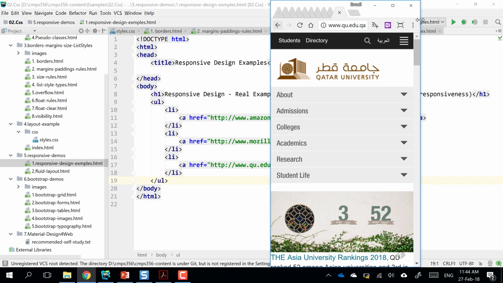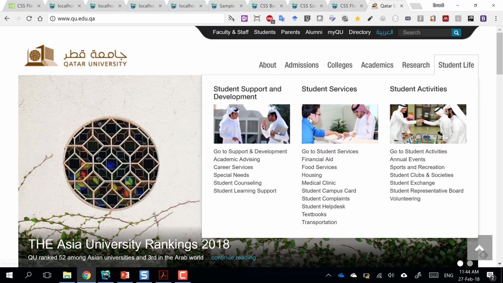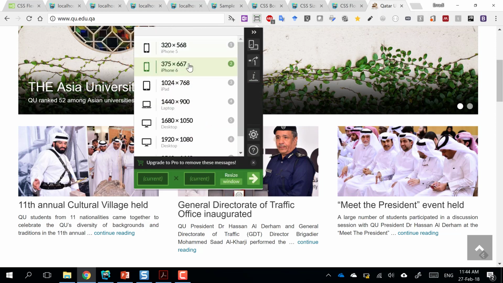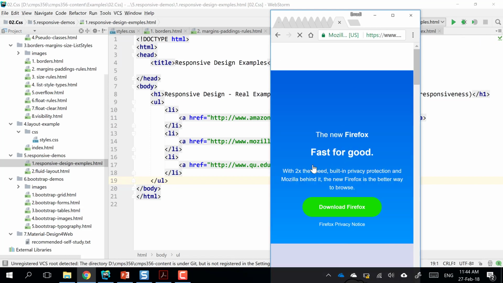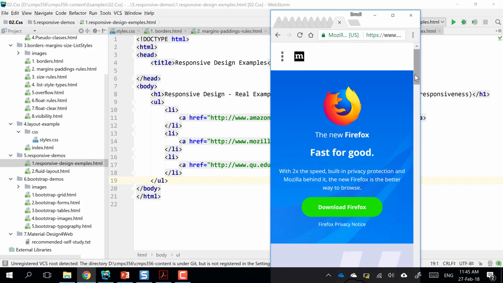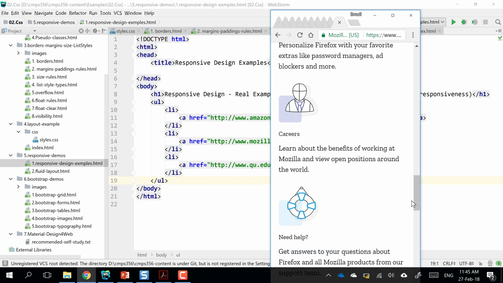Let me show you another example. You see here when I make it bigger, see the menu becomes different. And the layout is different. When I go to a smaller screen, you get a different behavior. I'll show you a last one, which is Mozilla also. It has a responsive design. This is the menu, it becomes like this. And you see all the content nicely without scrolling horizontally. The page adapts to the size. Okay, now if I go back,